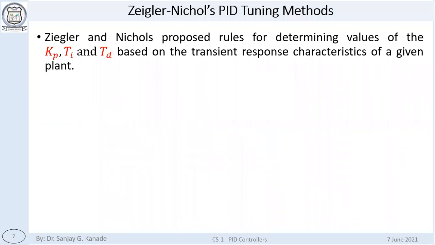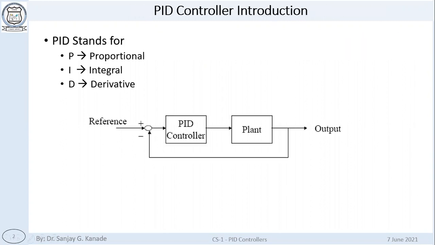So in our previous lecture, we started discussing the PID controller. This is the simplest form of the block diagram of a PID controller. In fact, here we can have any kind of controller, just before the plant. That is the standard way of having the controller. The controller is going to change the parameters of the plant.